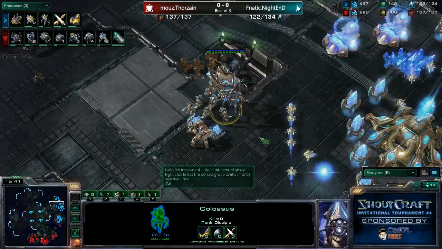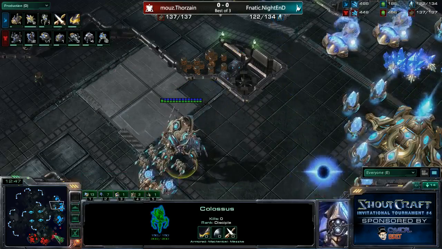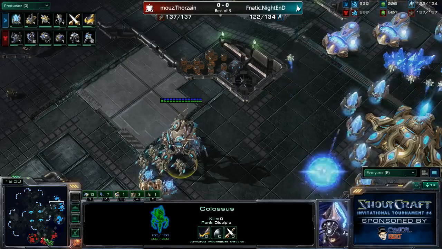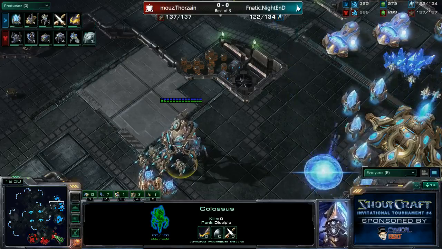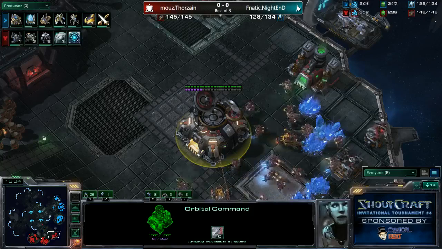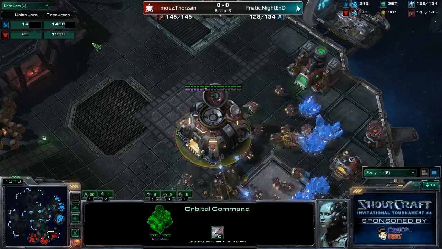Meanwhile, NightEnd's going double upgrades. He's at 1-1 soon. Twilight Cancel's on the way, so he can work on 2-2 as well. So both of these guys very toe-to-toe. Nobody is at a clear advantage or disadvantage so far in this game, and like we said, this first best of 3 is going to definitely be a long one. Yeah, I don't think there's any real doubt about that. And even the resources lost are surprisingly